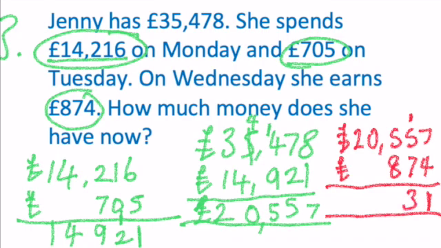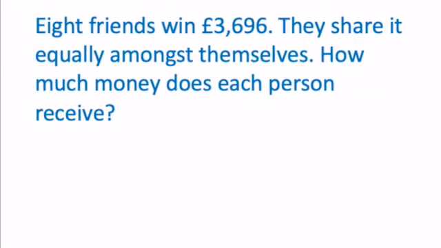Add the 1. 8 add 5 is 13. Plus 1 is 14. 1 add 0 is 1. So she now has £21,431. Here's question 4. 8 friends win